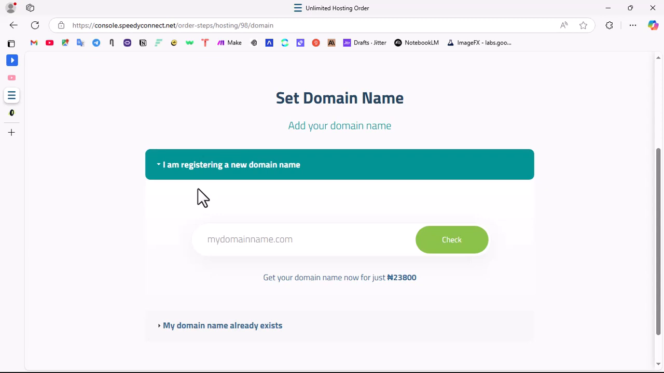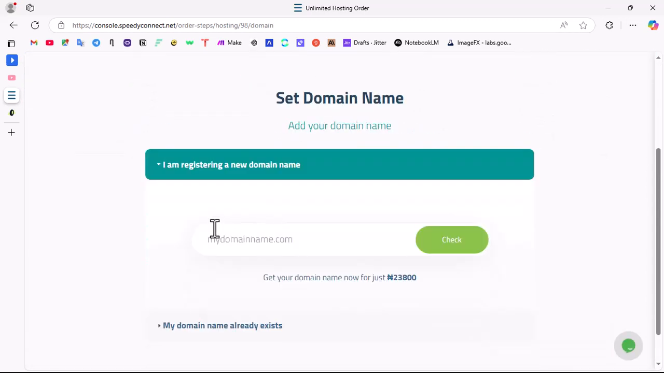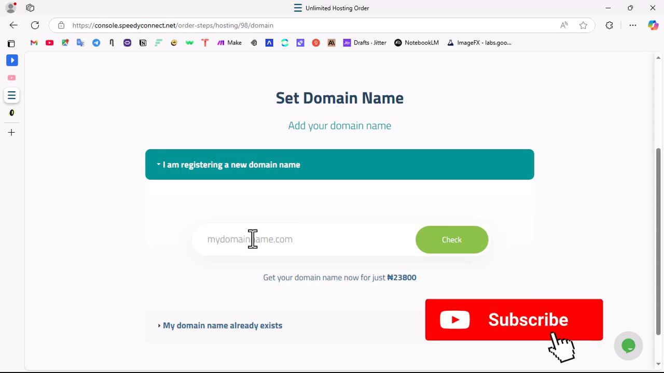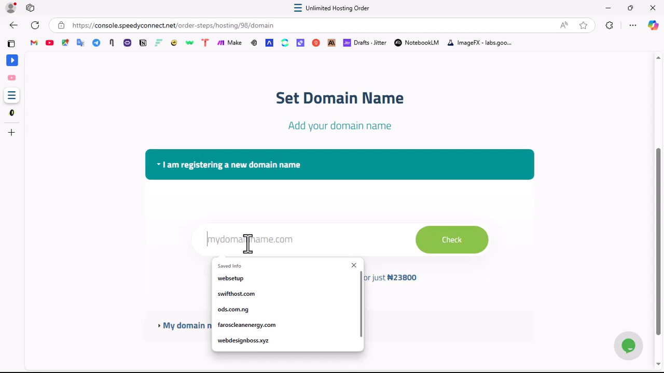So the thing I want to do is to add a domain. This is where the issue of the domain comes in. Before your hosting can function properly, you need to have a domain registered. You can register your domain with another company entirely, or you can register it right here. If you don't have a domain, you can simply click to put the domain. So I can say I want to use